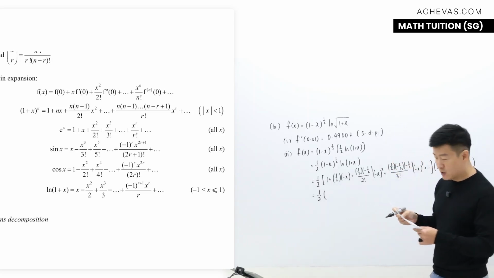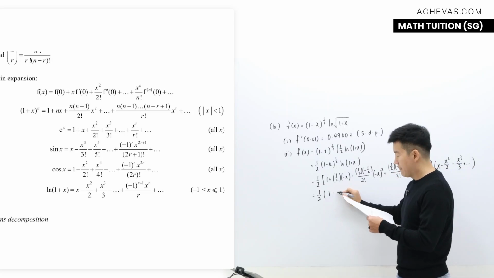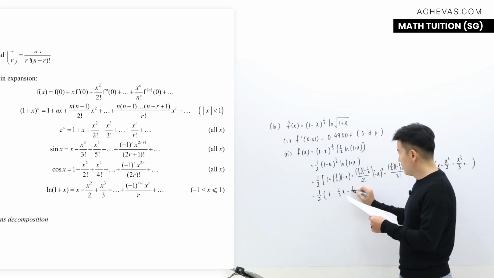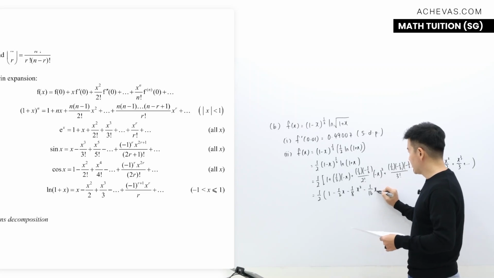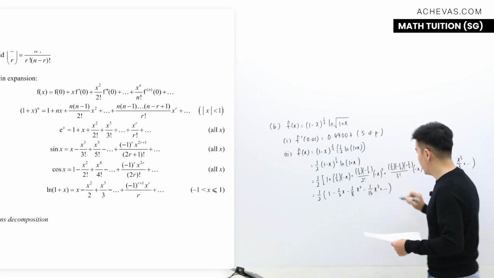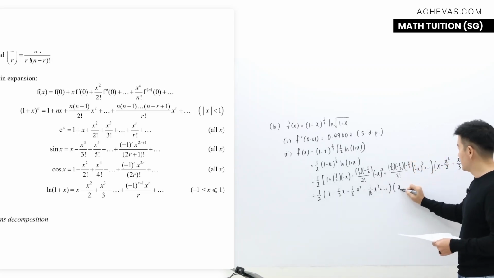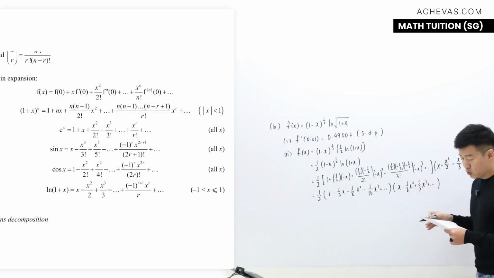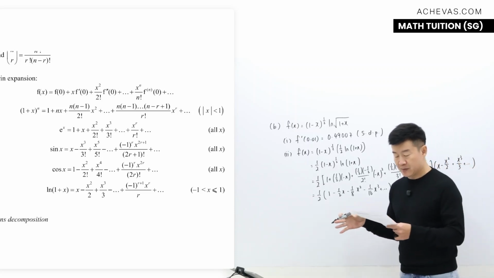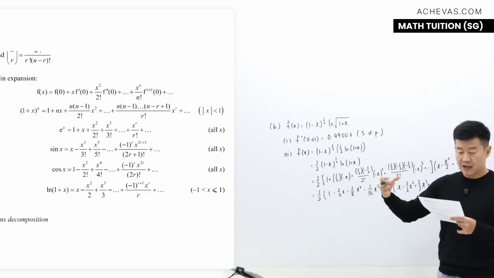This is going to be equal to 1 minus half x minus 1 over 8 x to the power of 2, and minus 1 over 16 x to the power 3, and so on. As for this, it is going to be x minus half x squared plus 1 over 3 x to the power of 3. Let's do one more expansion, this time keeping only terms that are x to the power 3